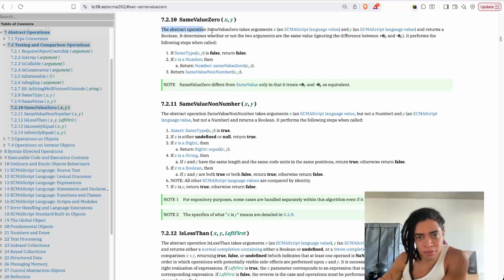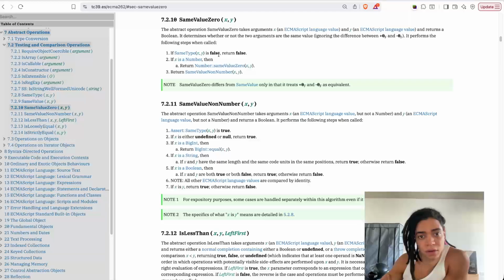It says the abstract operation SameValueZero takes arguments x, an ECMAScript value, and y, an ECMAScript value, and returns a boolean. It determines whether or not two arguments are the same value, ignoring the difference between positive and negative zero. So it performs the following steps. If they have the same type,